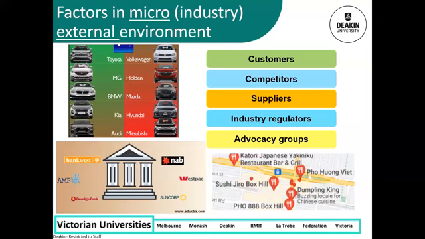Below that are the banks, and they're also in the same specific environment. They all have the same competitors and usually the same suppliers. When we talk about suppliers, we can include labour. If you're really good at your job in the bank and you were looking for another job, chances are you'd go to another bank if you wanted to move. So labour, when it relates to specialisation in an industry, is also part of that micro environment.